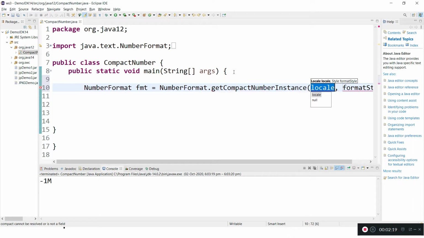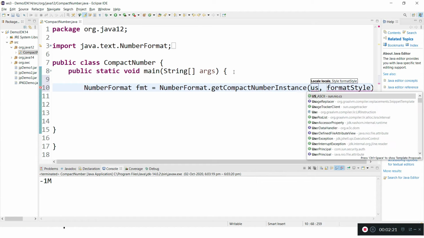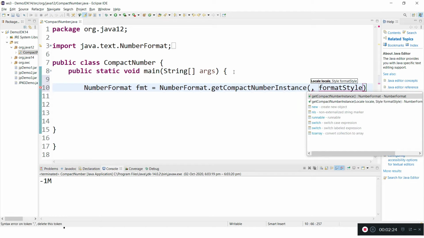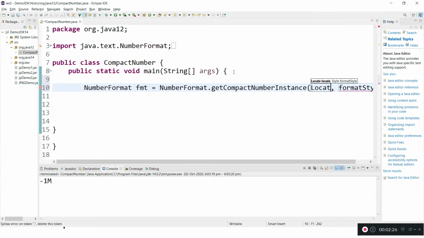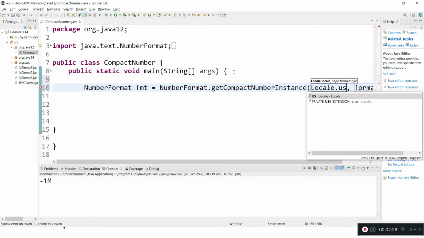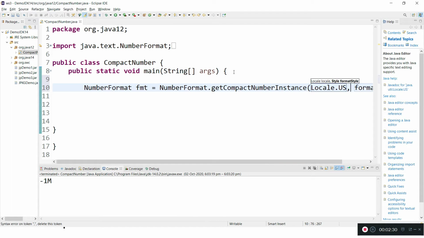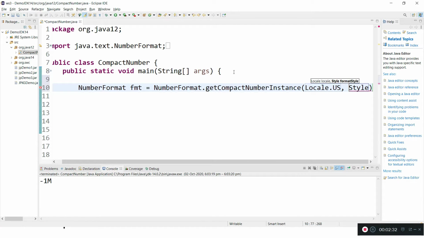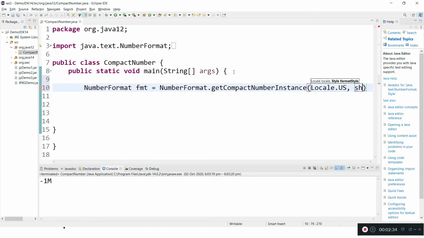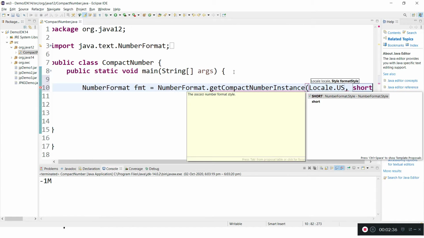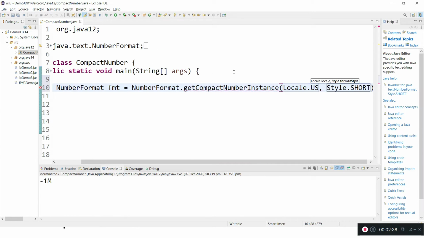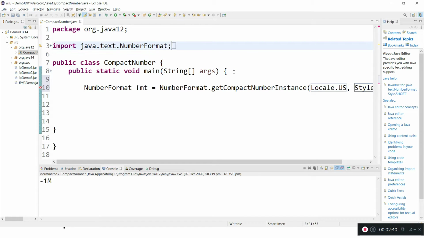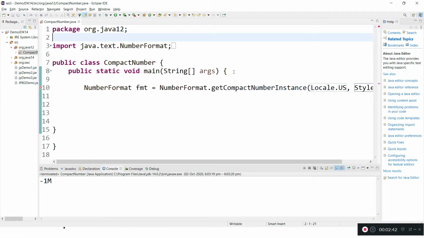Locale will take US, so Locale.US, and the format will go for short, that is from the Java style, NumberFormat.Style. We'll see here that Style class.